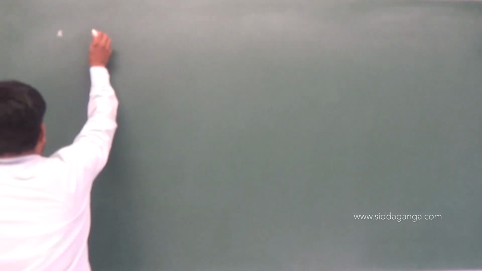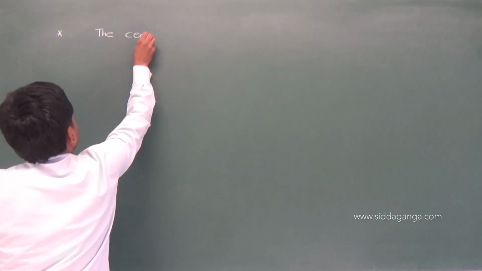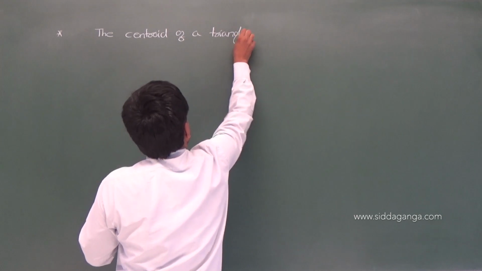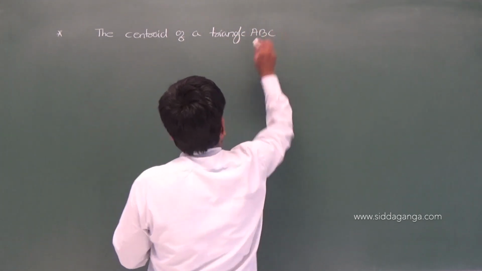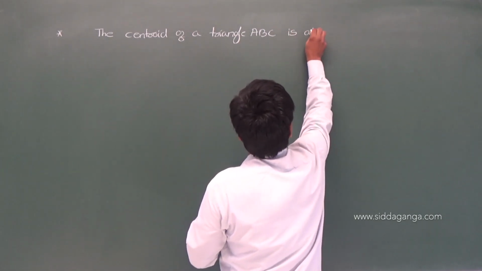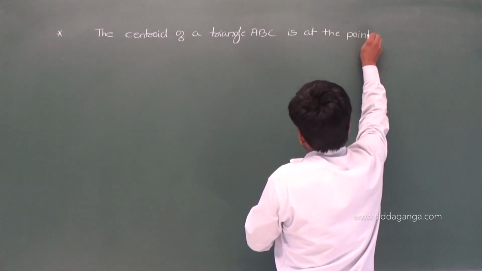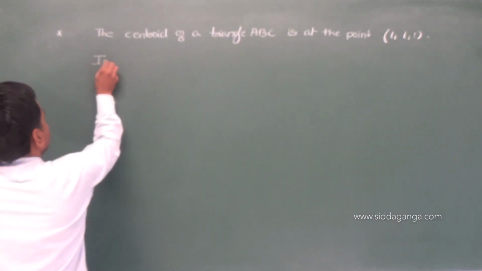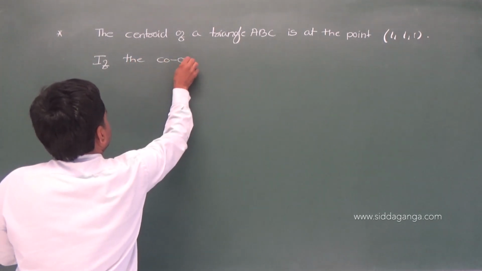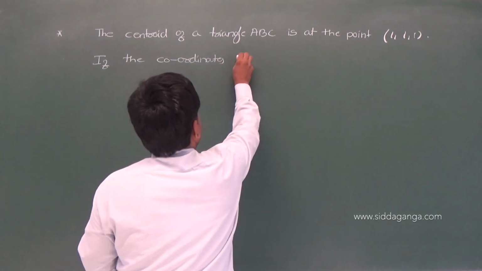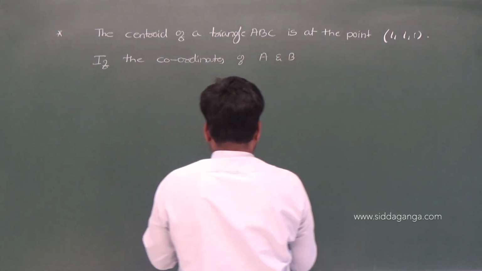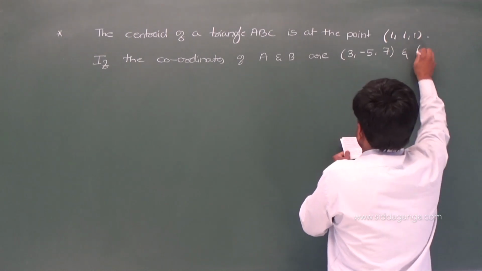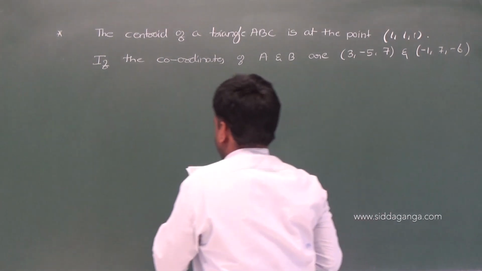Observe here, very important. The centroid of a triangle ABC is at the point (1, 1, 1). If the coordinates of A and B are (3, -5, 7) and (-1, 7, -6) respectively,